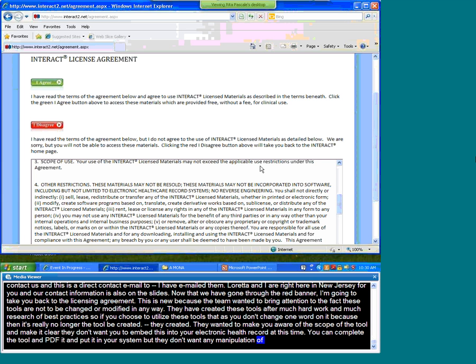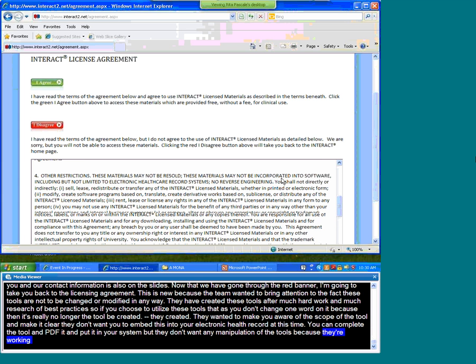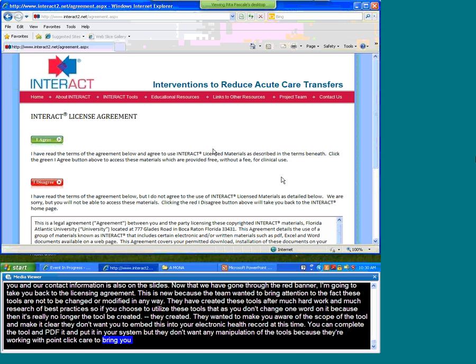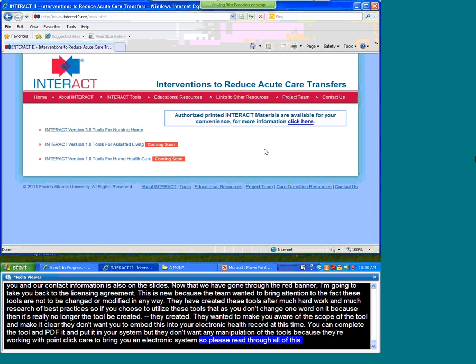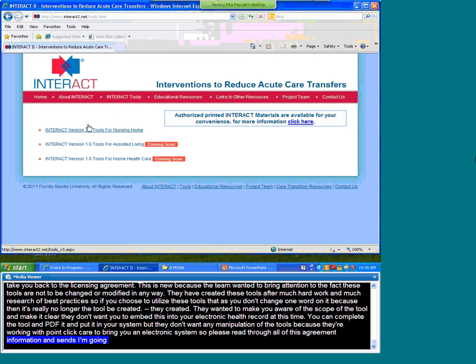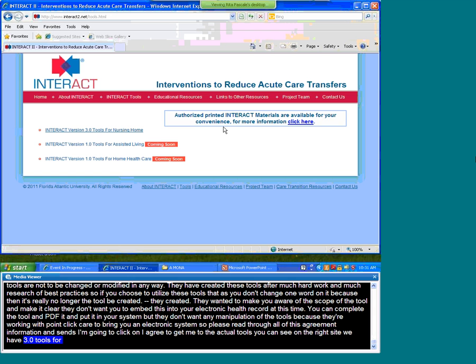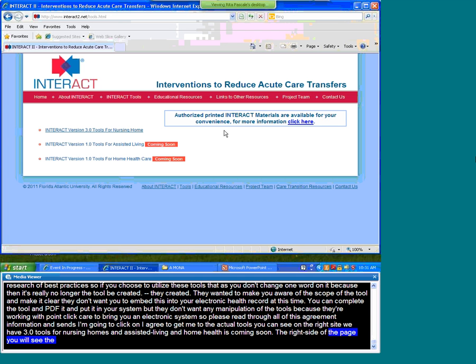So please read through all of this agreement information, and then since I already have, I'm going to click on I agree to get me to the actual tools that you can see on the right side of the slide. We have the 3.0 tools for nursing home, and then assisted living and home health is coming soon. To the right side of the page, you'll see the authorized printed Interact materials. And I'm going to go into a little bit more detail about this because I want to be able to explain to you the different formats that you can actually order the tools in. So right now I'm going to click in the 3.0 tools,